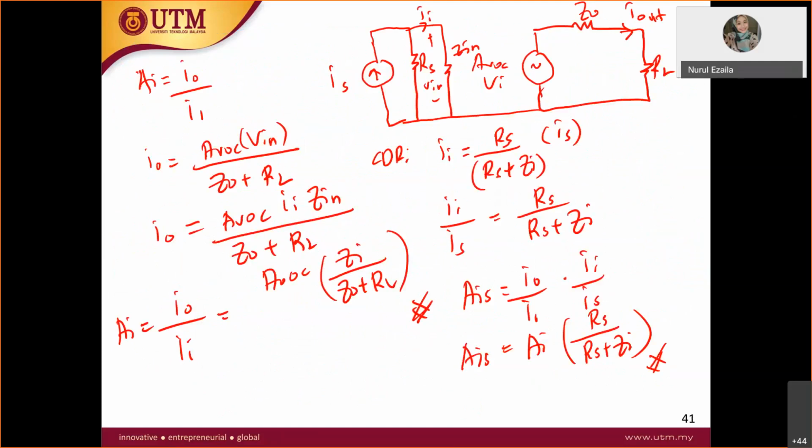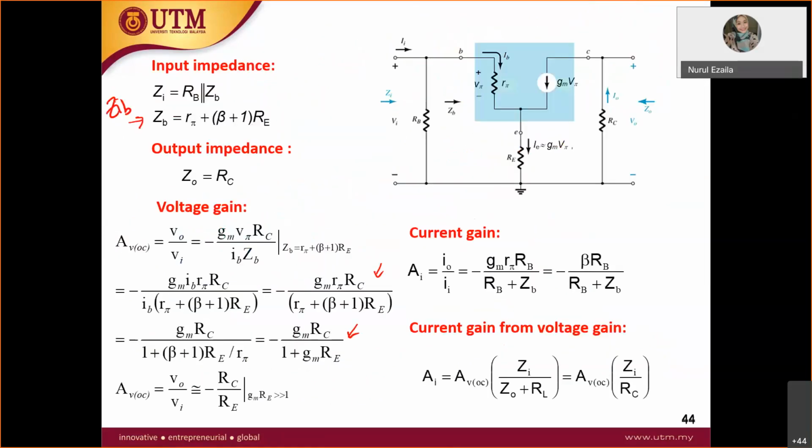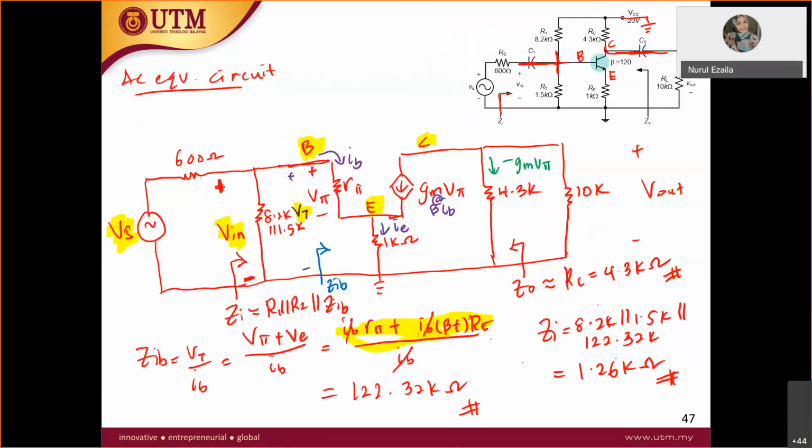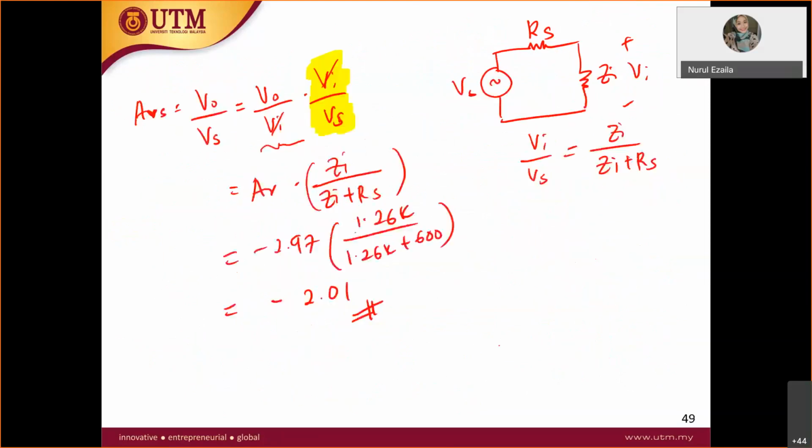Because we already have the AVOC, you need to find the I out from the AVOC circuit. You can also do like this, the same thing. That's why some of you who tried example 2 got the correct answer. So for the AI,